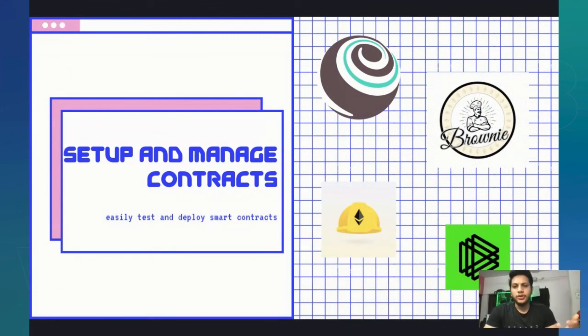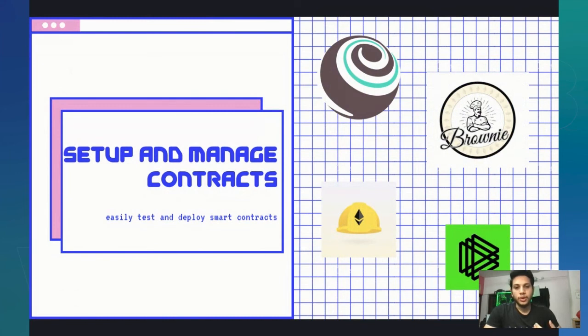So I think in the Node.js world we have npm, we have yarn, and similarly in the Web3 world we have a couple of ecosystems, like Truffle. I think Truffle is one of the biggest names in managing projects, because it has an easy to use JavaScript API, and using it you can write test suites. It also gives you a test blockchain using which you have a couple of private keys and public keys with which you can easily test your smart contract.